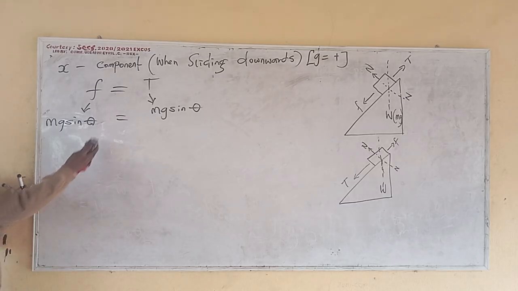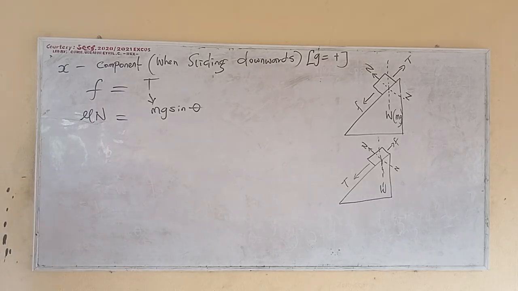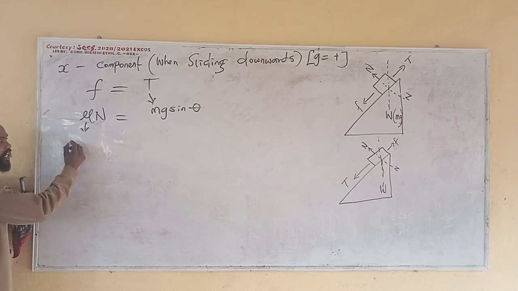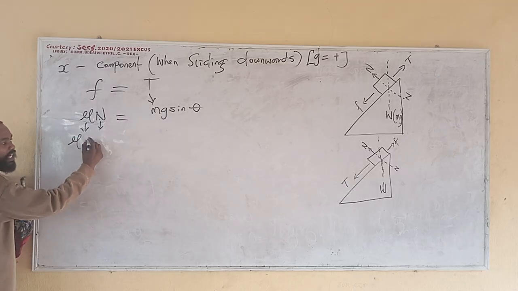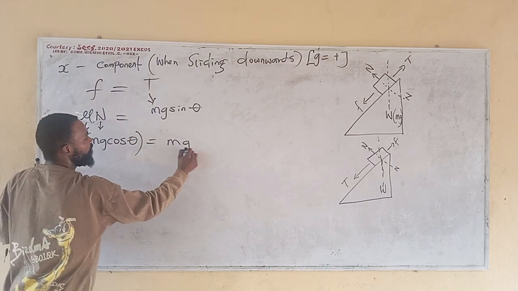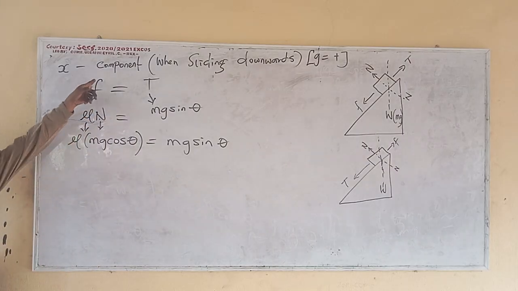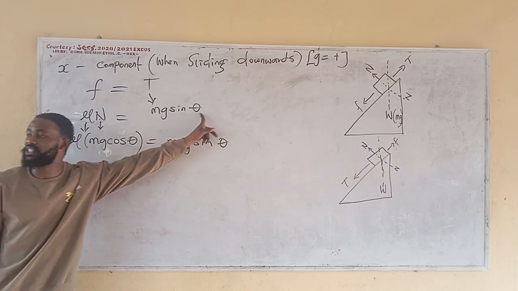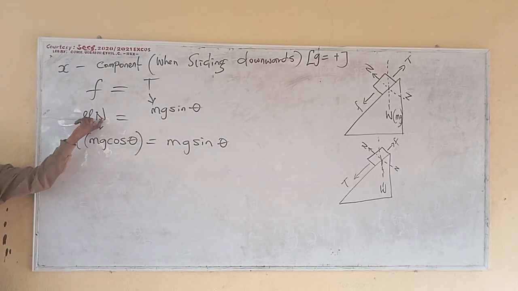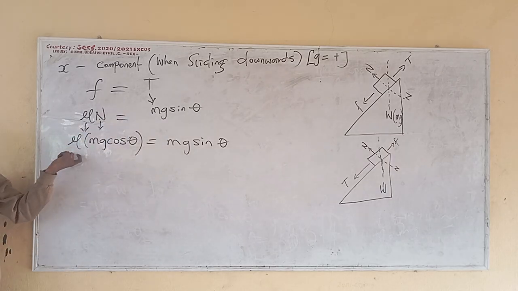But remember that frictional force is already equal to something like this. So you know, mu N. Now remember that this thing that is here, I have this, and this one here is equal to, so this should be equal to mg sin theta. Now notice something. This is the reason why we don't consider friction to be also mg sin theta, because of this fact. So when they ask you for friction, in any question, you don't come and do friction equals mg sin theta. You use friction equals mu mg